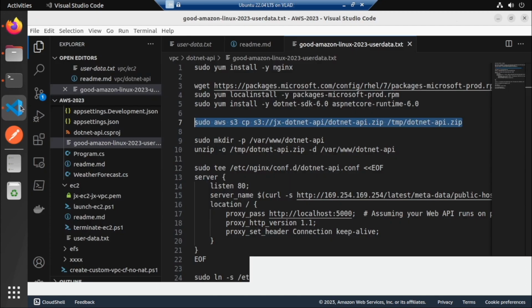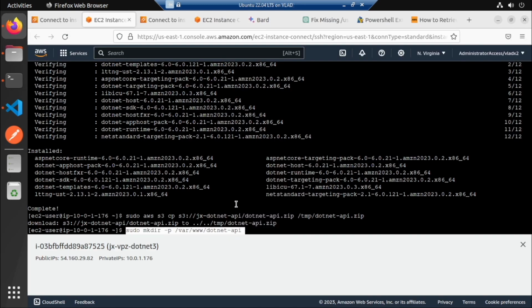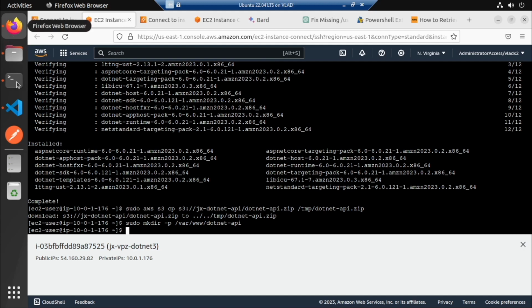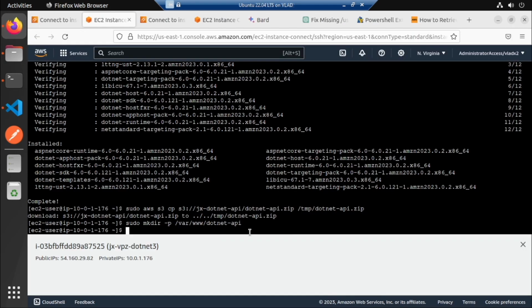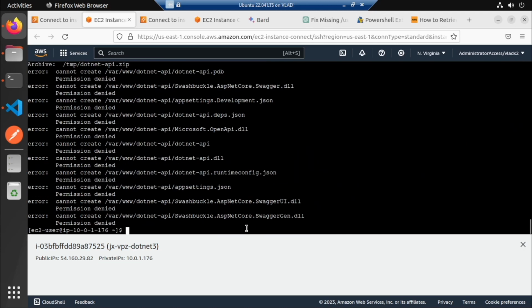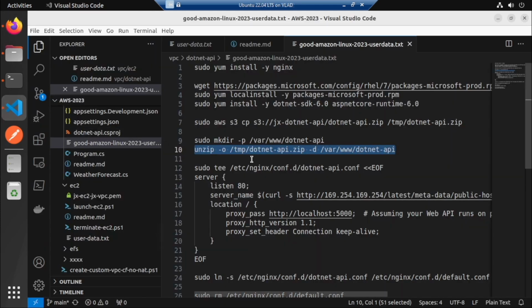So that was downloaded. And then we will execute this so that it will create the www, and then copy that. Supposed to do this to unzip. What's happening here? Permission denied. So sudo here, right? Okay, so we are missing sudo on this one maybe,